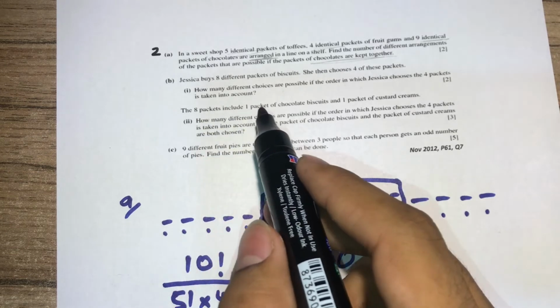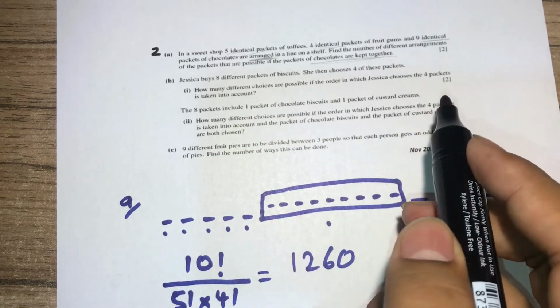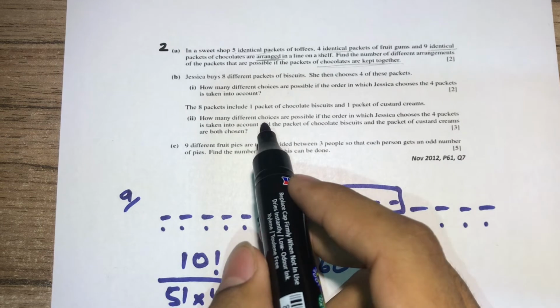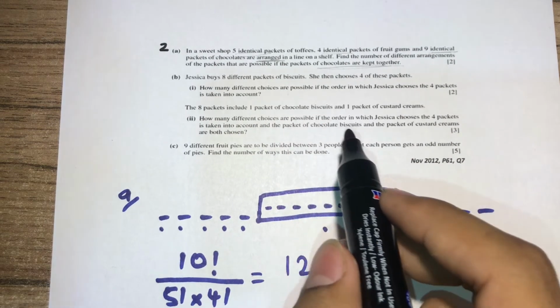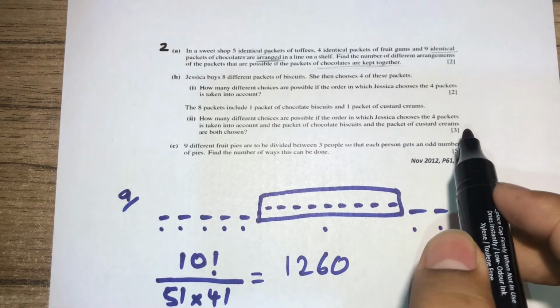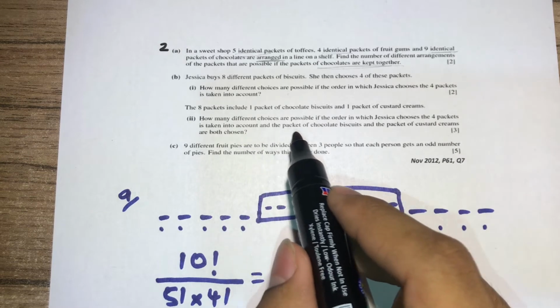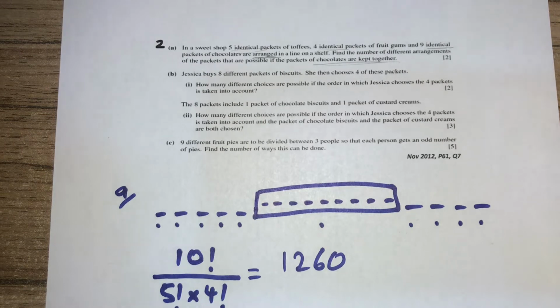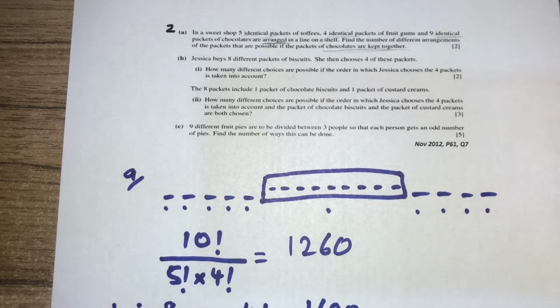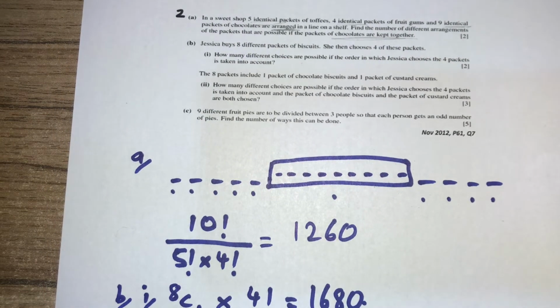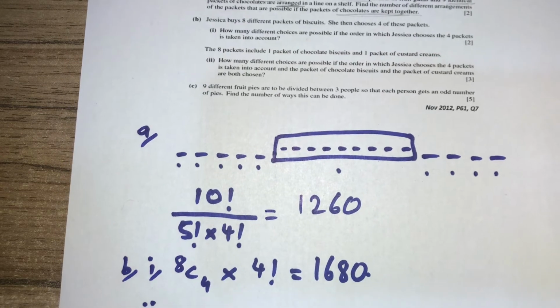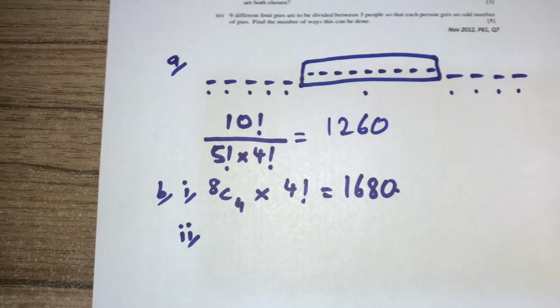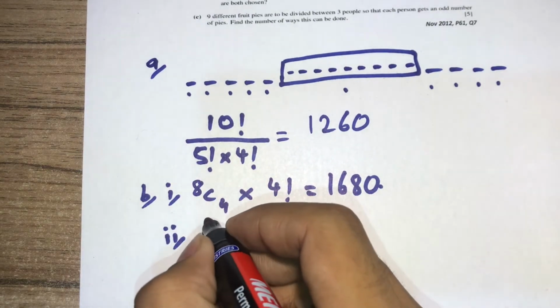The 8 packets include 1 packet of chocolate biscuits and 1 packet of custard creams. How many different choices are possible if the order in which Jessica chooses the 4 packets is taken into account and the packet of chocolate biscuits and the packet of custard creams are both chosen? So again she has to choose 4 from the 8, but she must choose the chocolate biscuit packet and the custard creams packet. So to select the chocolate biscuit packet, because she has to choose it, so that will be